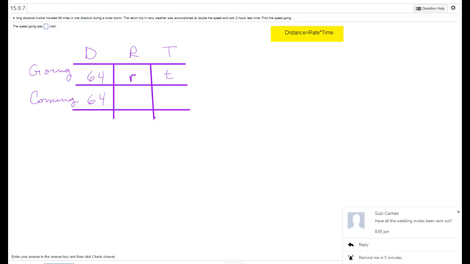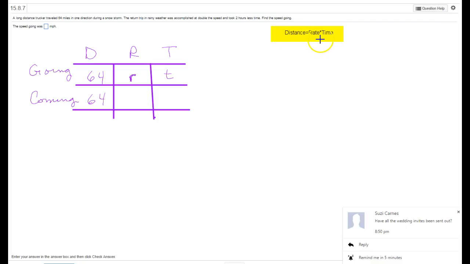A long-distance driver traveled 64 miles in one direction during a snowstorm. The return trip in rainy weather was accomplished at double the speed, dangerous, and took 2 hours less time. Find the speed going. Okay, so we know that we have to use this formula and we have to memorize